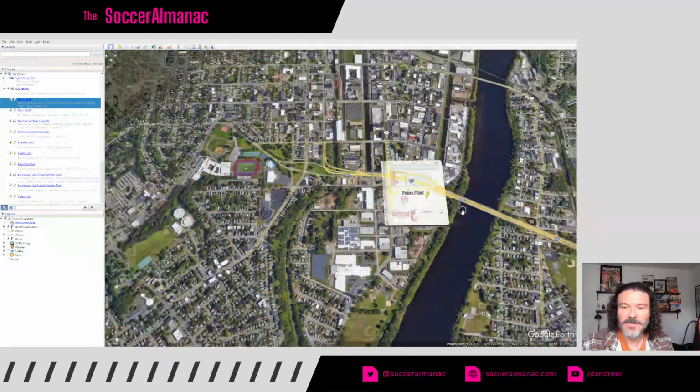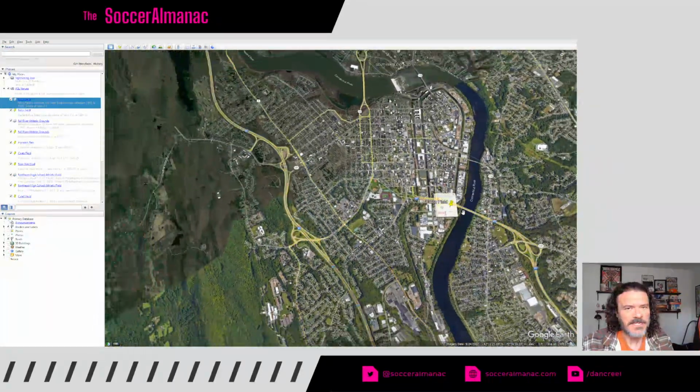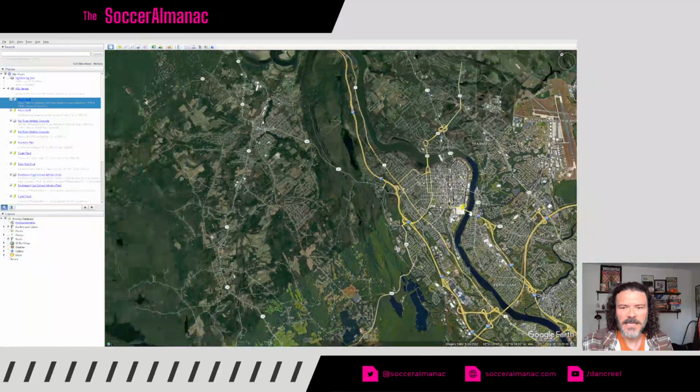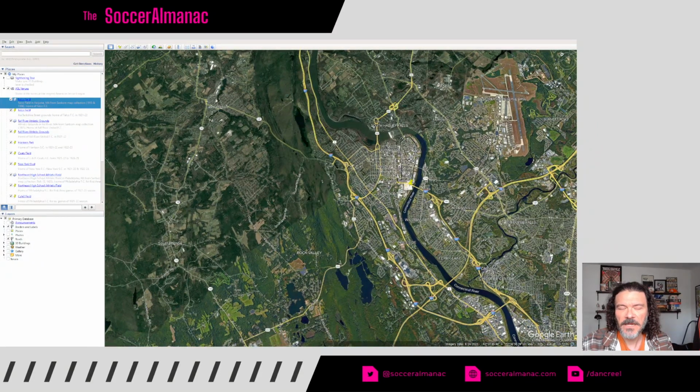But again, very interesting. Holyoke, Western Massachusetts back then was kind of a hotbed for soccer, and that's why the Holyoke Falcos, you might have heard of them as Holyoke Falcos, were part of the American Soccer League. I think they were next to last that season.